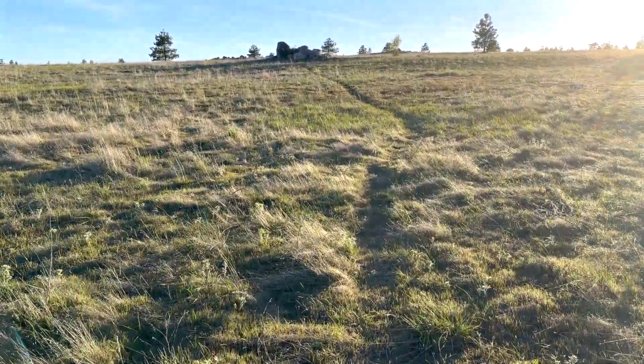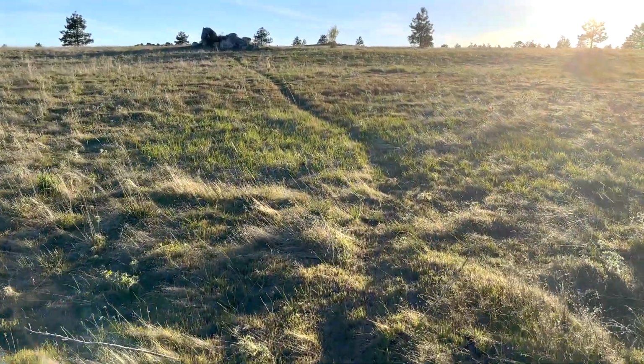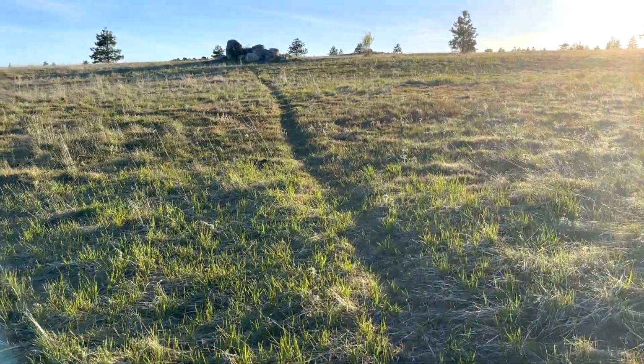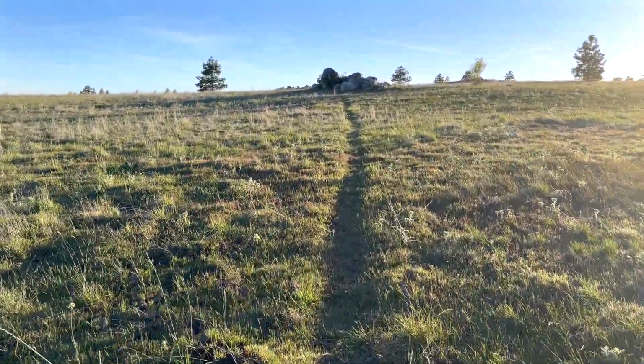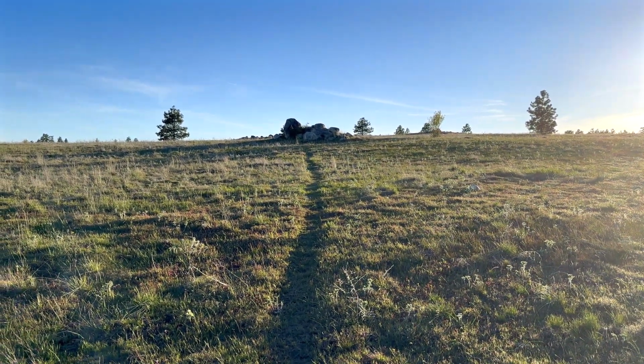I have also gotten the same favor from the deer at times because they make trails too. And I've used them as guides at times to decide where my trail should be. Look at that. It's like Stonehenge. While I make these trails and other